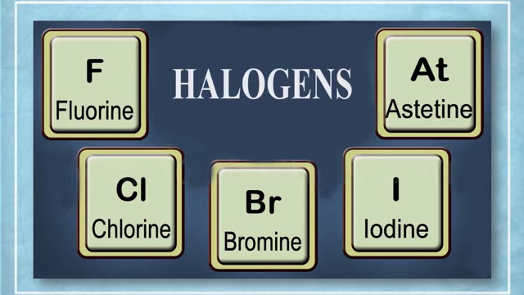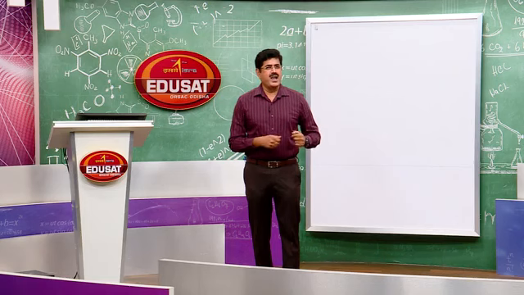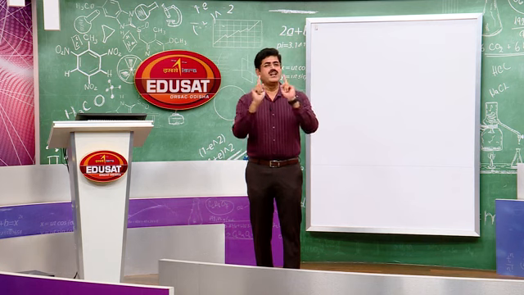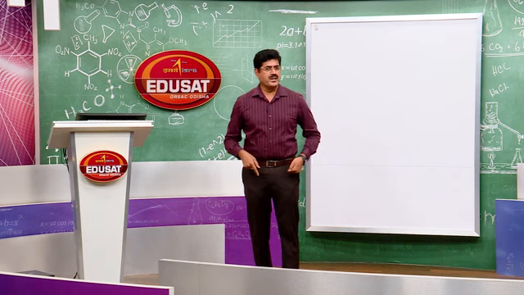Halogens, what does it mean? Why are they so called? How many members are present here? And which group of the periodic table do they belong to? Halogens are 5 elements. They are fluorine, chlorine, bromine, iodine and radioactive astatine. They belong to the 17th group of the periodic table. I repeat, 17th group of the long form of the periodic table.